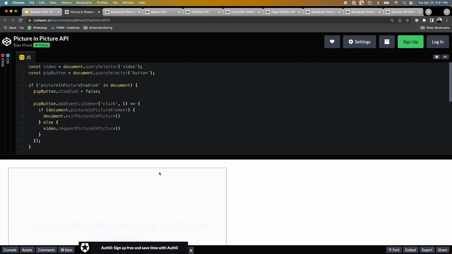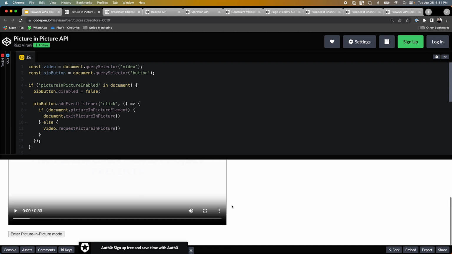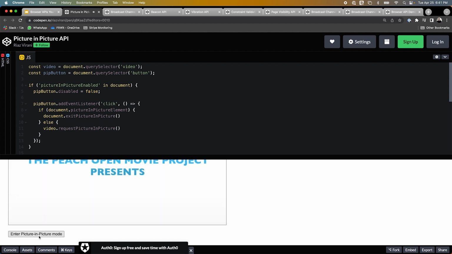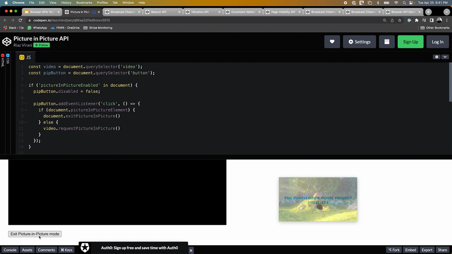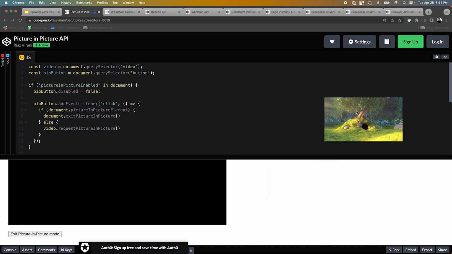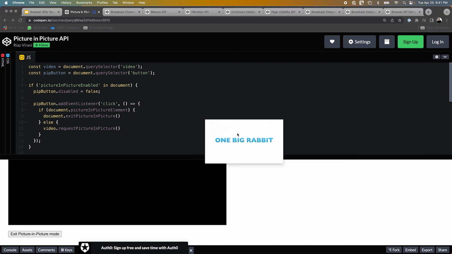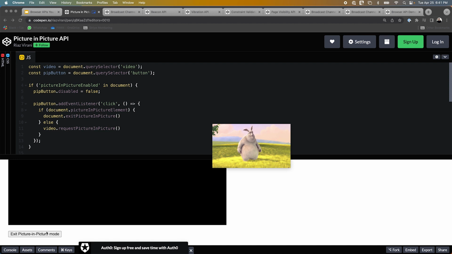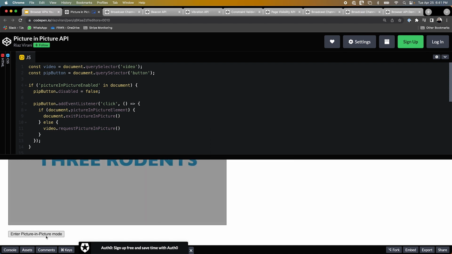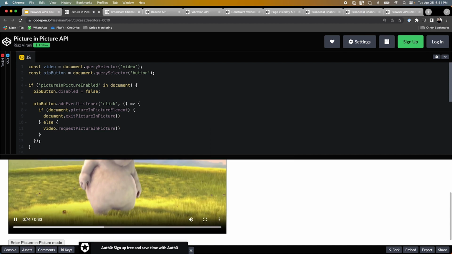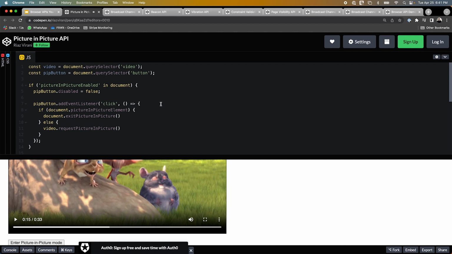All right, so I'll show you how it's actually doing. I just have a CodePen. It's a video, so if I play it and hit enter picture-in-picture mode, that is the same thing. And this is native to the browser. Then I can hit exit, and it comes back here. And the way that I did that fancy magic was,